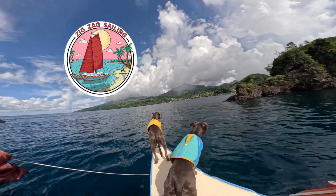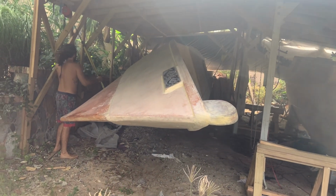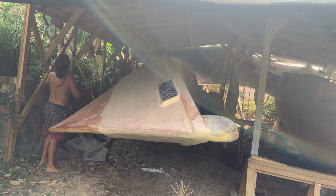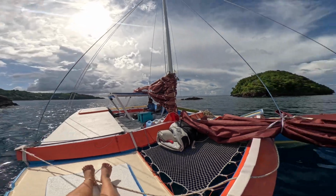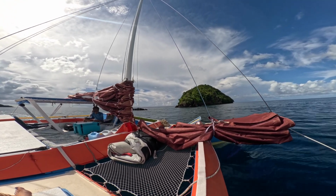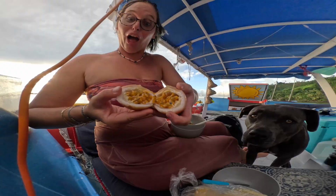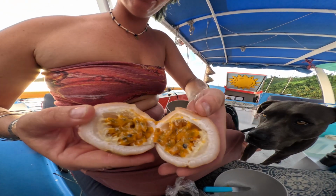You'll be joining myself, Katie, and my partner, Alex, on our wood, fiberglass, and epoxy catamaran that we built ourselves over 4 years. Today, we'll be sailing from the beautiful Catamaran all the way to St. Vincent. These are some of my favorite shots over the last 6 months, and I really hope you guys enjoy